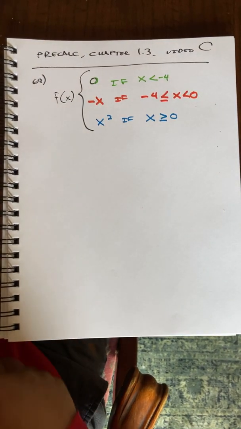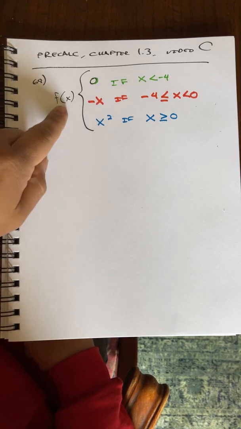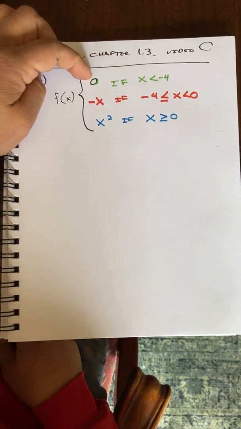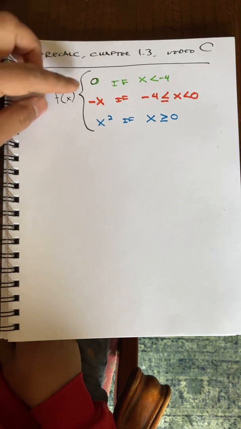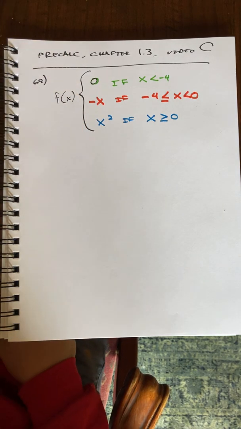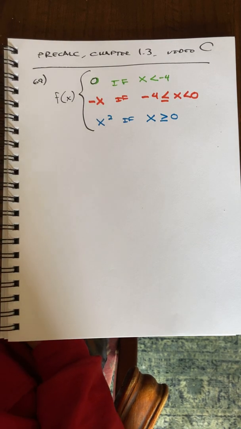All right, friends, I'm doing problem 69 from chapter 1.3 in pre-calculus, and it's split into three different pieces. So what I've decided to do is I'm going to make the first piece in green, and second in orange, and then blue, okay? Because the things, what are the directions? It says,